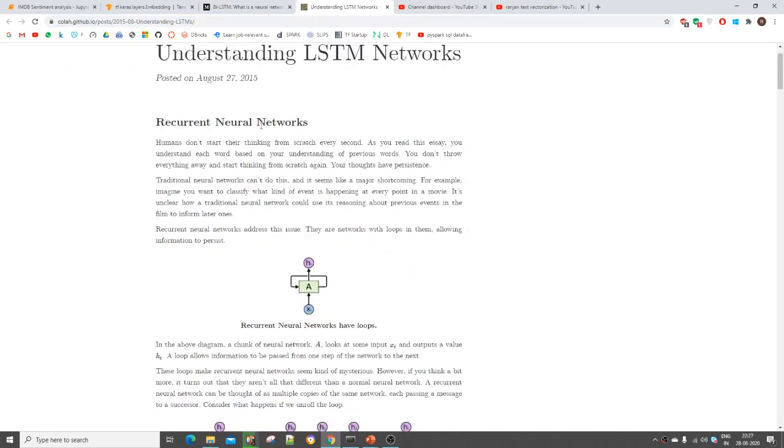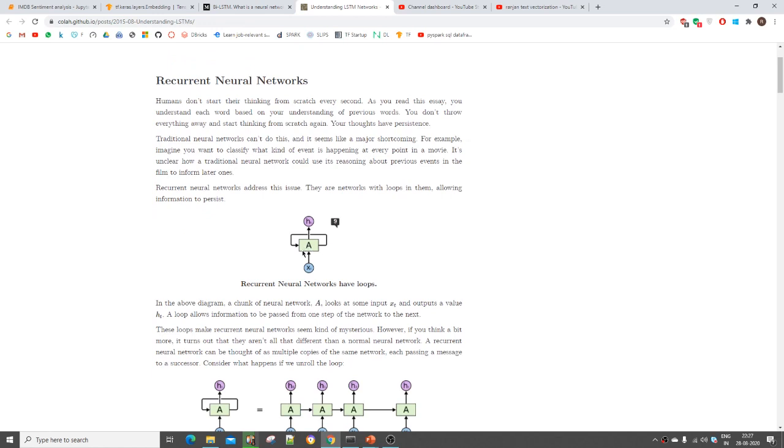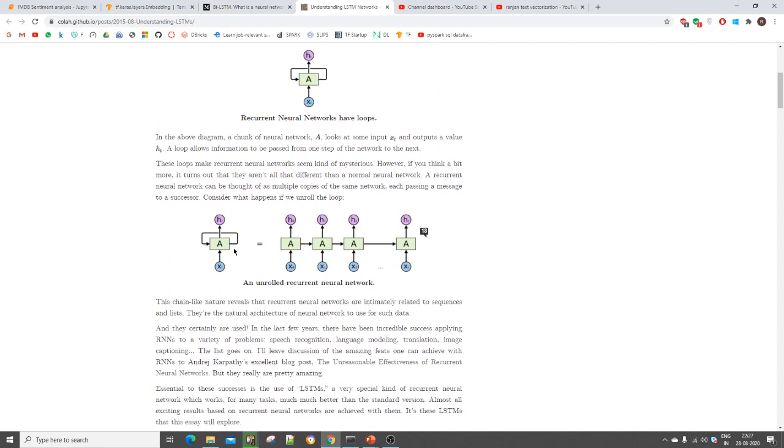This is a recurrent neural network, just a basic symbol of RNN. Here A means activation function, X means input, and H means output. If you see, this output is fed back into the activation function. So my complete input would be X1 plus this. That is a recurrent neural network. If I unfold or expand this, you will see this structure. This output goes into this input, and this output goes into this input, and my original output goes into that layer. Basically, at each layer, my input is a combination of its past output and its input.